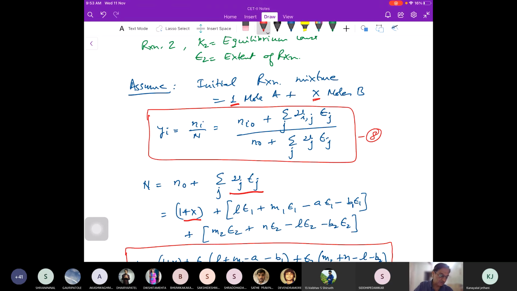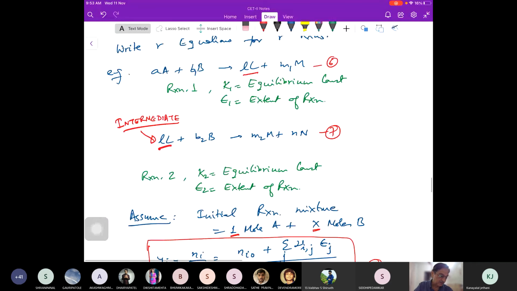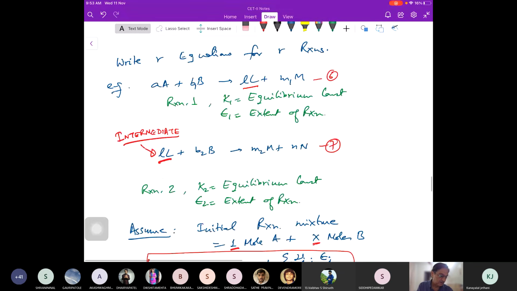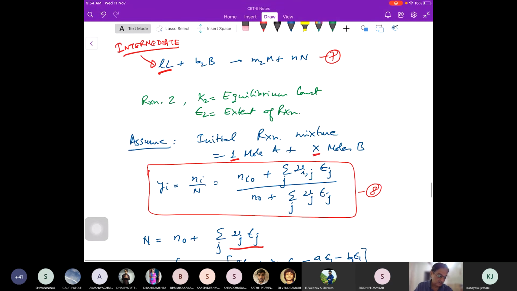So if we take the first reaction, A times A plus B1 times B is equal to L times L plus M1 times M, what will it be? L times epsilon 1 for the first reaction, plus M1 times its stoichiometric coefficient into epsilon 1, minus A times epsilon 1, minus B1 times epsilon 1. This is the stoichiometric coefficient A, B1, L and M1. Okay? And then for the second reaction,